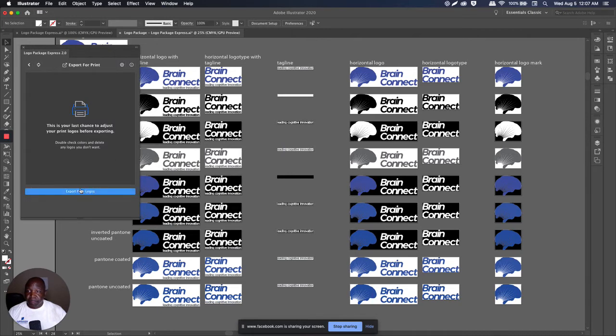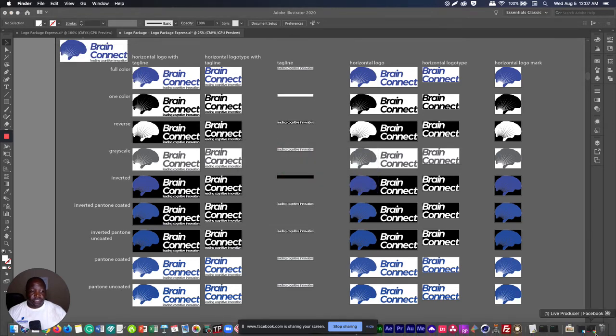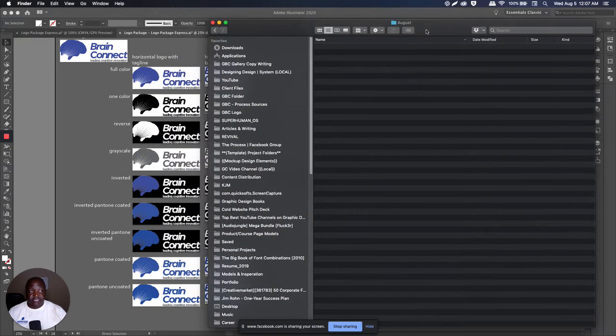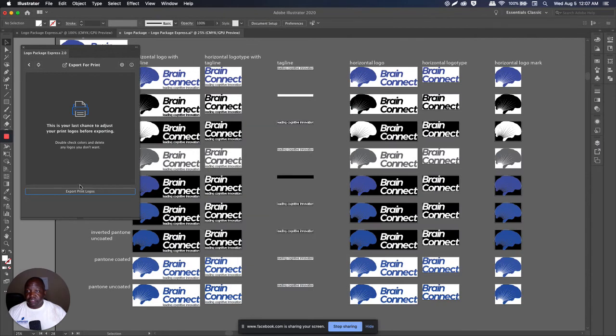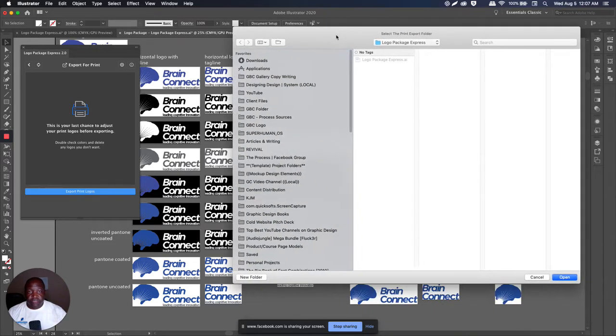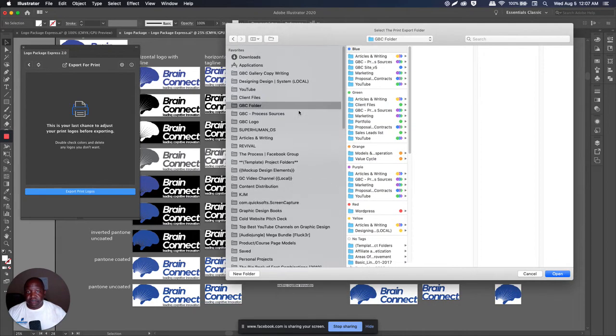here there's a button called Export Print Logos. Now I have a little window here so we can actually see it, but it's probably going to ask me where I want to put it first. So let's go ahead and do Export Print Logos. And of course, it's going to ask me what I want to name this. We'll just rename this here. So we'll just do Brain Connect. And then I can go ahead and choose where it's going to go. So I can go into this folder here, or I can just do